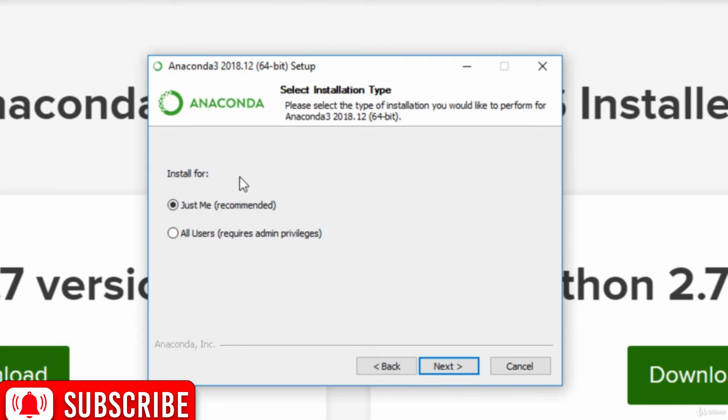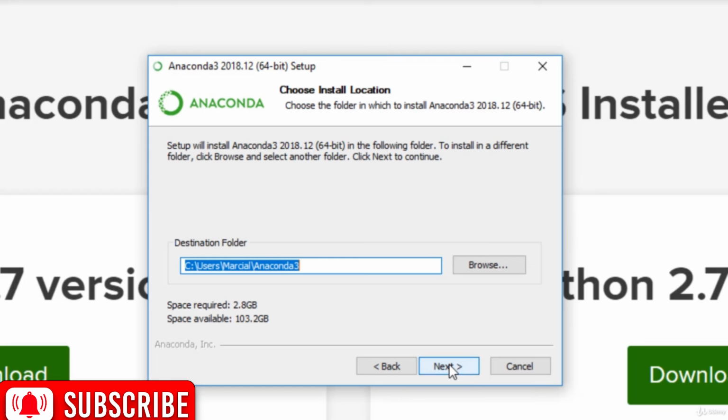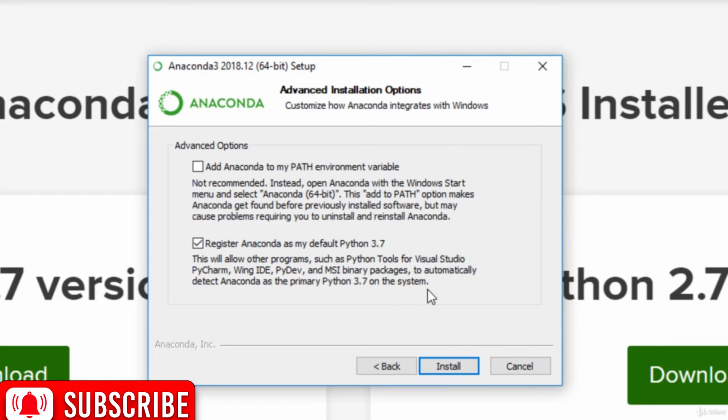And then there's the install for just me and all users. If you're on a work computer, you probably don't have admin privileges. So we'll just go ahead and install it for just me. Essentially, that means you have to log into your user account, and it'll only work for this particular user account. So go ahead and click next. Go ahead and choose the default location for the destination folder. And then if you're on a Windows computer, you'll see this option for